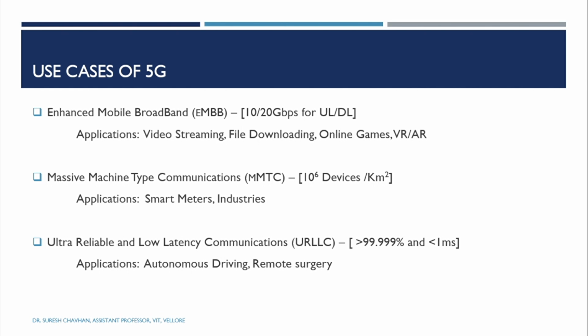The very first one is video streaming, right? We are addicted a lot to our mobile and the internet. Without mobile we cannot go out from the house or from the place where you are sitting right now. If you want to move from that chair to another chair, you will hold the mobile in your hand or keep it in your pocket and move. During this, if you want to see video streaming, the uplink and downlink data rate should be higher.